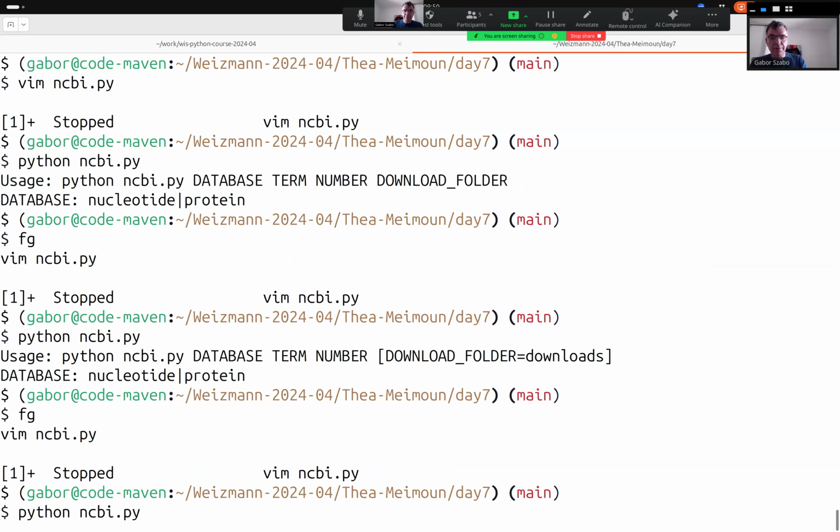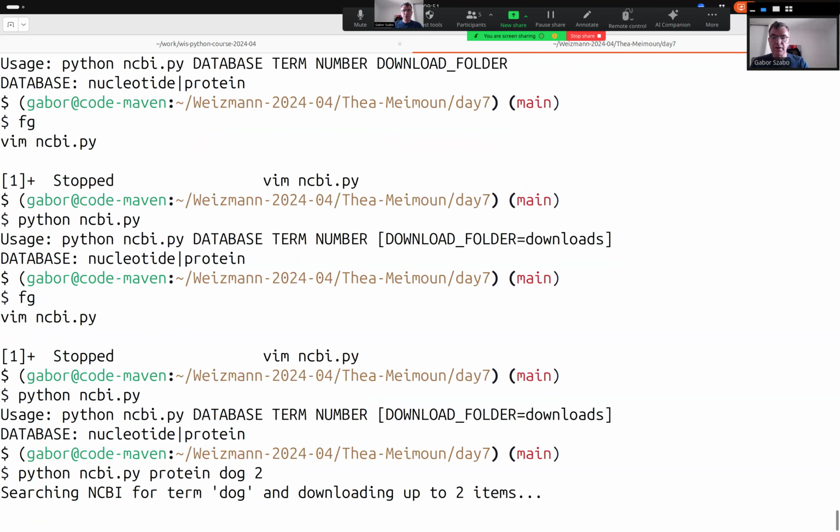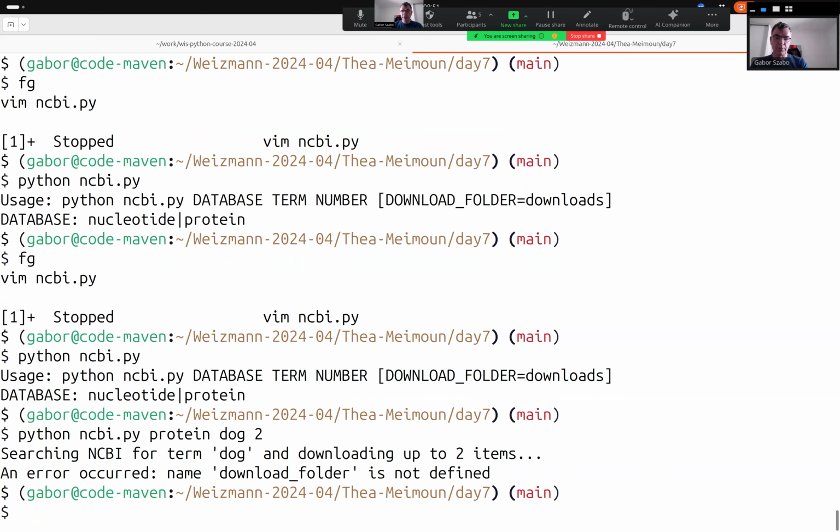So I can run python ncbi. It will tell me what to download. I'm using protein because it's easier for me to type. I'm going to look for the cat. Actually, let's do it with a dog. Okay, number 2. And I don't provide any additional value here. So now it's downloading 2 dogs, hopefully. And in the downloads folder,